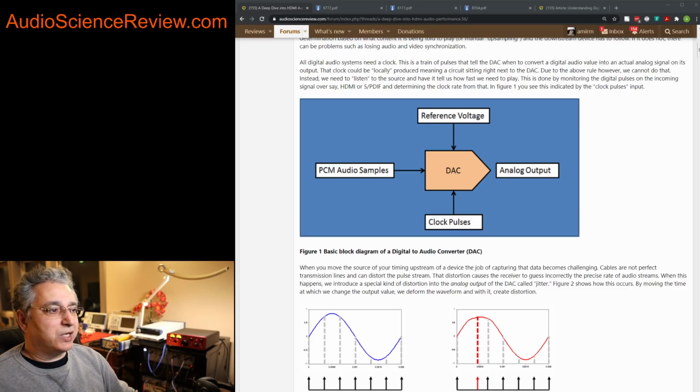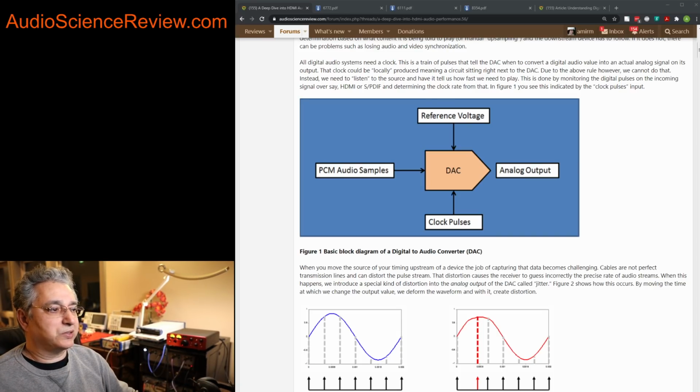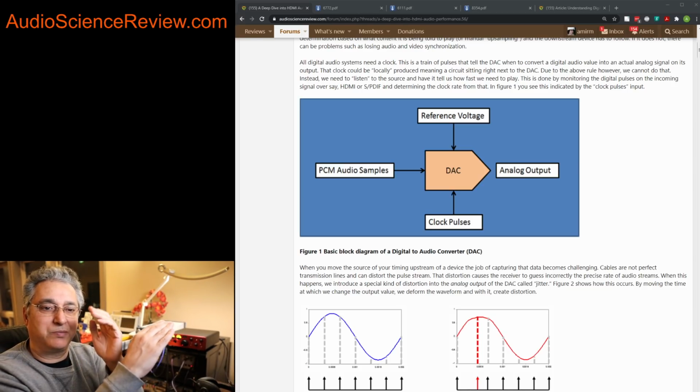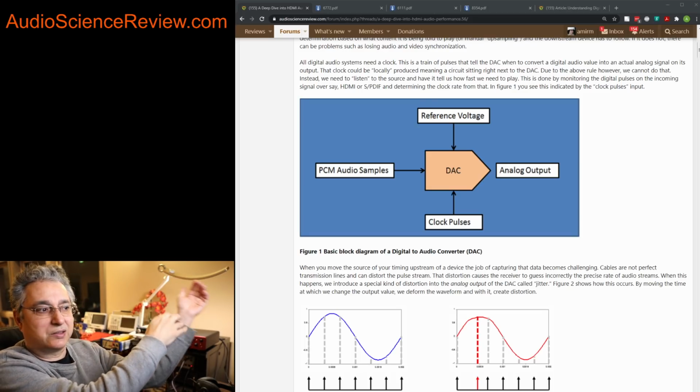The DAC is running at certain sample rates, so if it's running 44.1 kilohertz, ostensibly you need to have 44,100 samples a second. So there's a thing called the clock, which pulses and says go, and output comes out, and then it ticks to the next one, and another output comes out, and ticks and ticks and ticks,